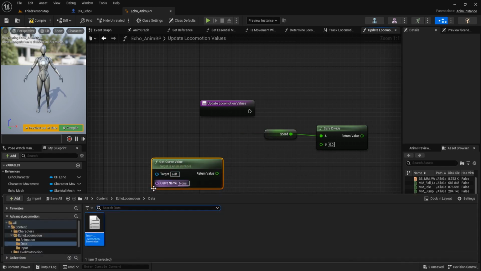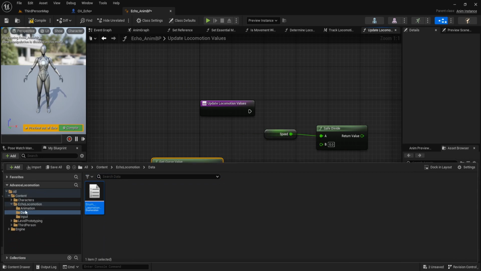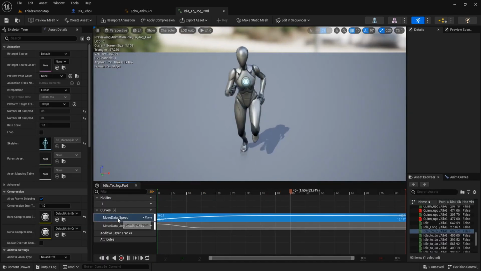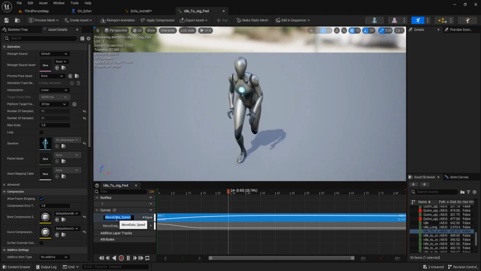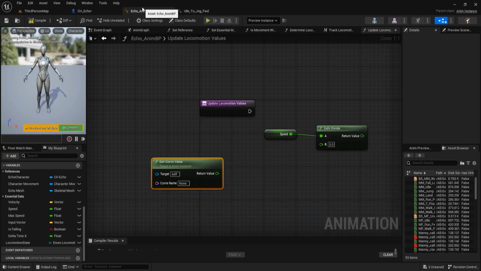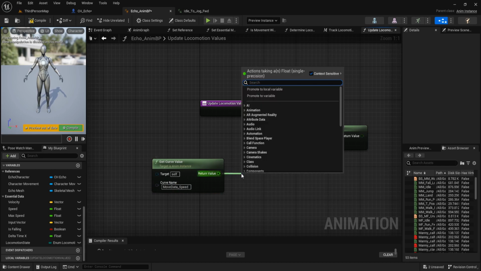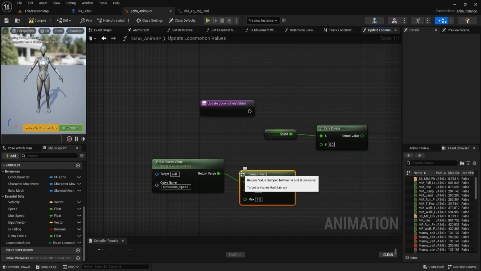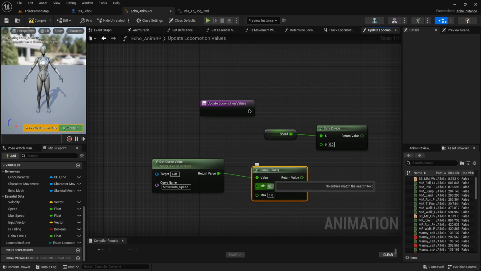And the curve name, we can go to the animation and open this idle to jog, and this move data speed. Pass this name, move data speed, and clamp float. The min is 50 and max is 1000.